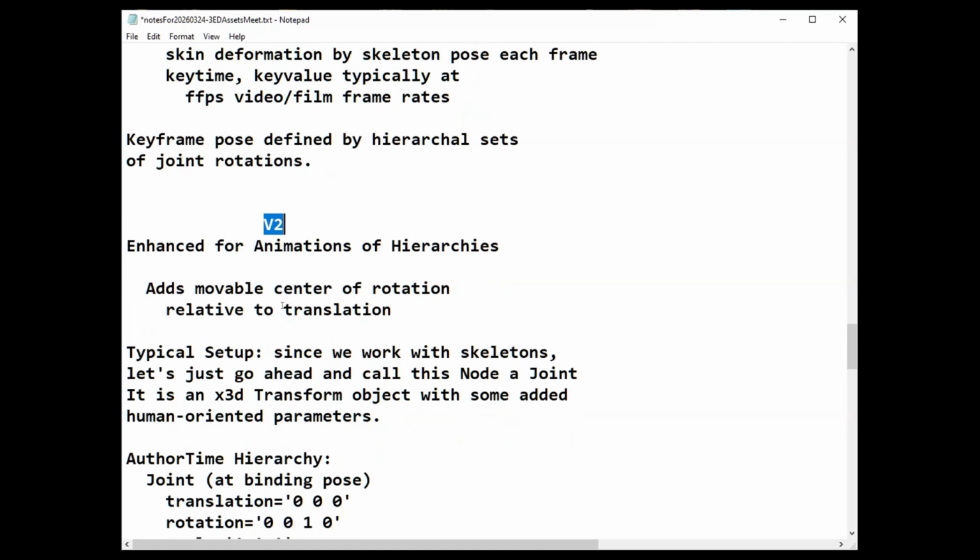So when the translation of the joint changes, the relative center of rotation that you're specifying changes. If you don't have a center, then the center is at the translation. If the default center is 0, 0, 0, then it's the same as the translation.